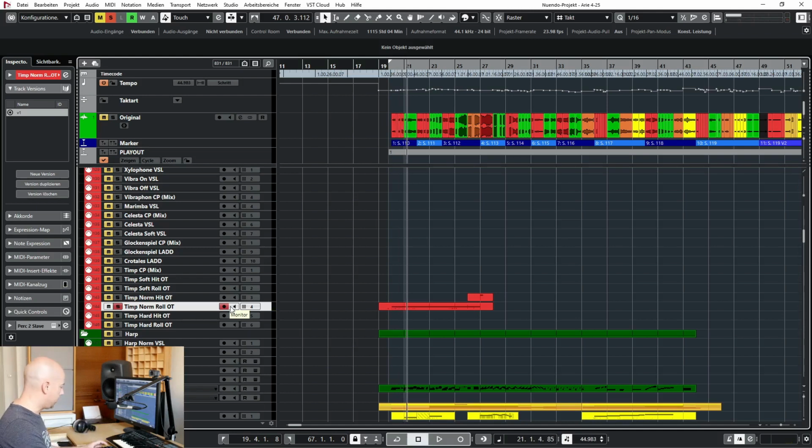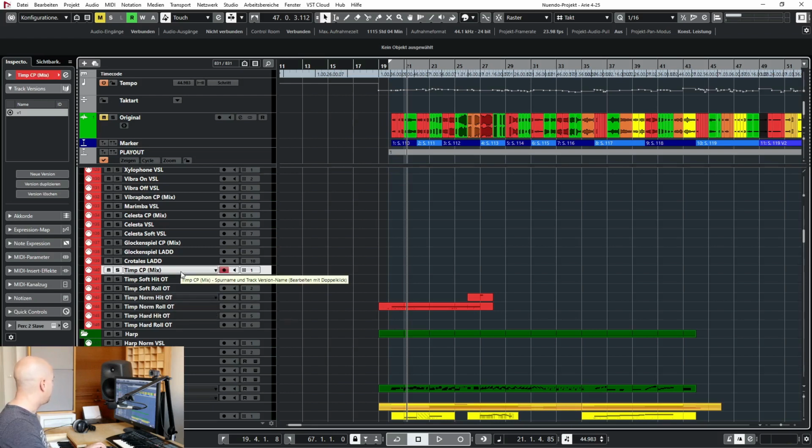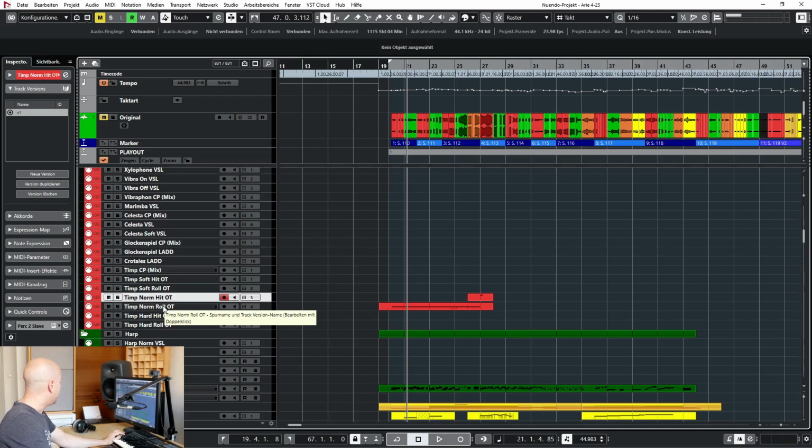And this goes on and on. I've got two libraries for the timpani. The one is the timpani by Cineperc. But sometimes it's too big for me and has too much bass, so I choose the timpani by Orchestral Tools,